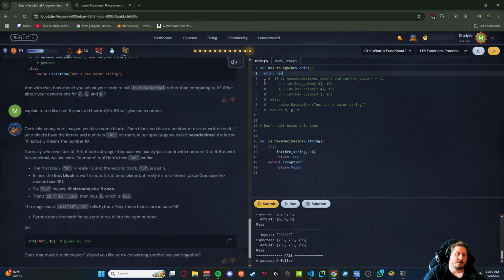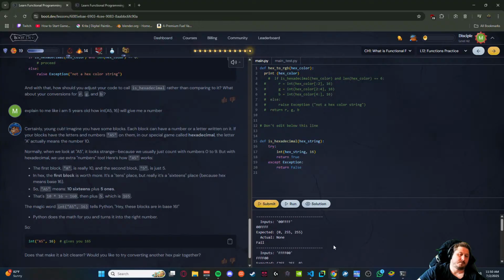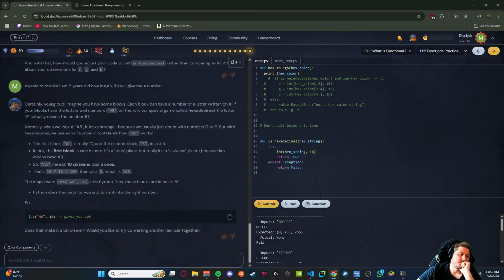Print hex color. Okay, so it does give me. Okay, so it is in quotation, I guess. Is hex color value.